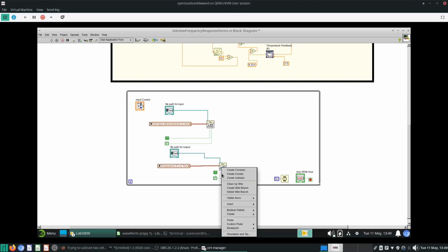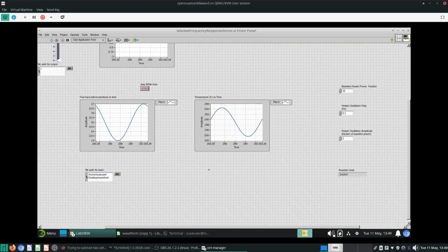And let's clean up the wire. Okay, let's do that. Let's call this the input waveform,